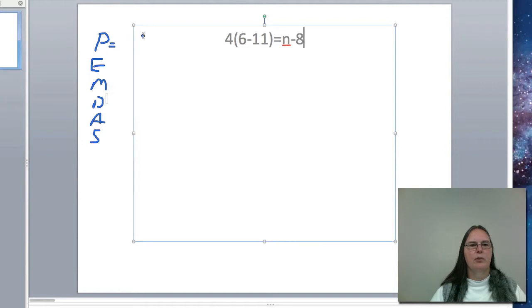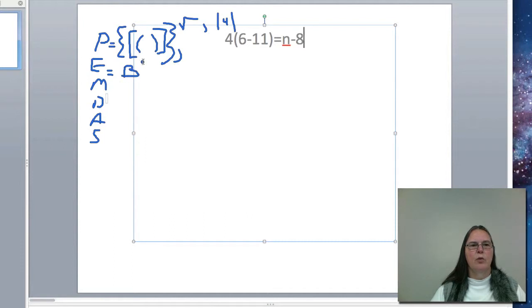If you aren't, this means parentheses, braces, brackets, and square root, and I'm going to put it up here, the absolute value of a number. Then we have the base of a number raised to a power, exponents. Multiplication, division, which you do from the left to the right. And then, of course, we have